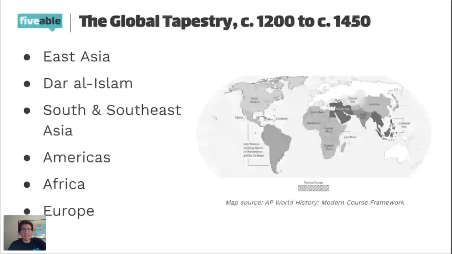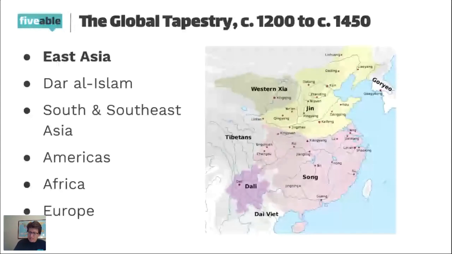Let's talk about East Asia. And we're going to start with thinking about China. One thing that we see in this unit is that you need to know a little bit about empires in these regions and governmental systems, and one of the things is how do they rule their people? How do they maintain power? And so in China,